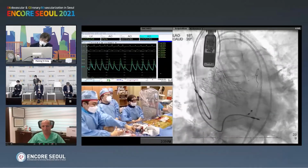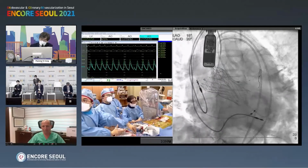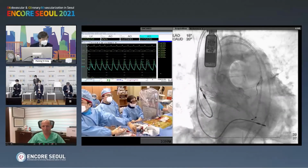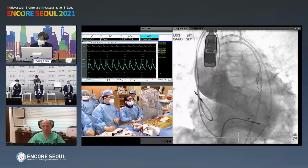So personally, I think so far Dr. Kim's procedure, hemodynamically AR index more than 25, and the transesophageal echocardiogram